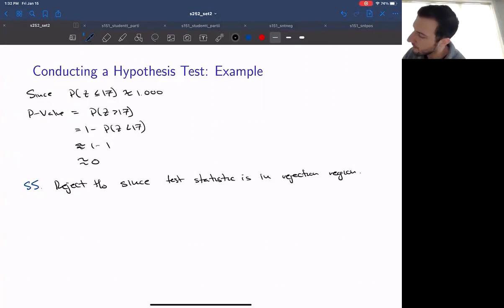Okay. And then this statement here is the same thing as saying reject